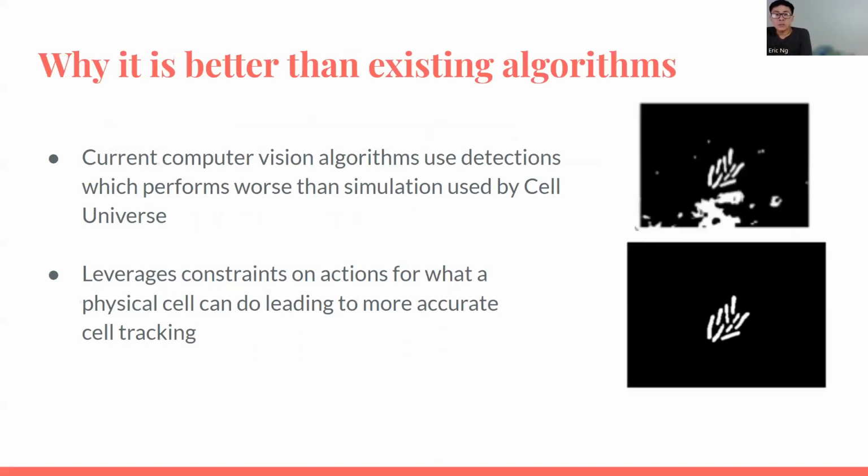So why is this better than existing algorithms? Well, current computer vision algorithms use detections, which performs worse than what we're using, which is simulation. And because we're using simulation, we can actually reduce the noise. If you look at the right side, the top is the output from a computer vision algorithm, and you can see all the noise. And the bottom is the output for Cell Universe, which is